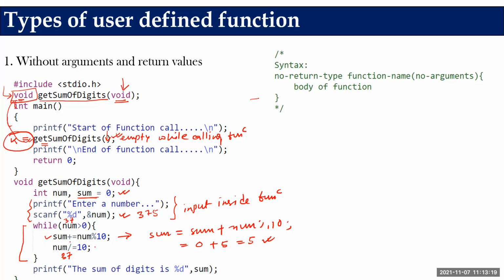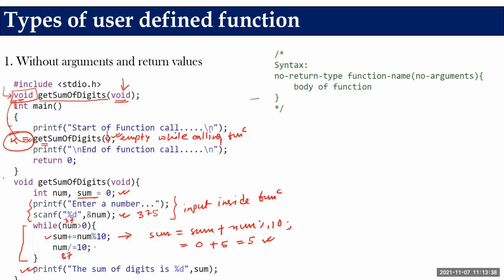Again, I'll get the remainder and add it with the previous value of sum. Once my sum is over, I cannot return the value to the main method. Why? Because the main method did not give me anything. Then why should I return to the main method? Simple logic, give and take policy. Did the main method give you something? No, then why should you return? So you need to take care of the output within the function.